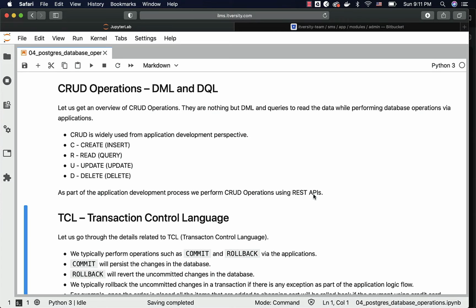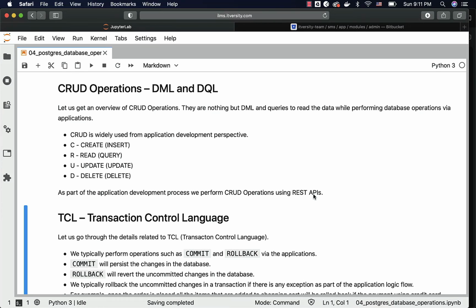Similarly, if you are trying to develop web or mobile applications using Python-based frameworks, with Flask we have something called SQLAlchemy. With Django, we have something called ORM. They also act similar to Java's JPA to abstract the complexity related to DML and DQL. However, you should be familiar with both if you are targeting to be an application developer. You should know how to perform database operations directly, and also you should know high-level programming language specific ORM libraries to perform database operations as part of your application development.